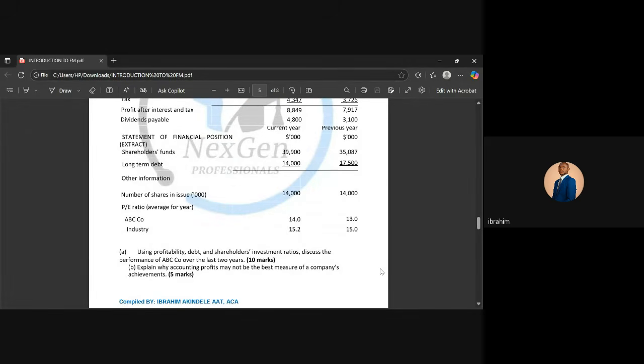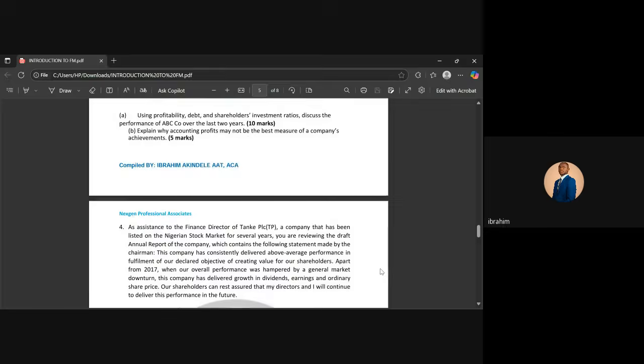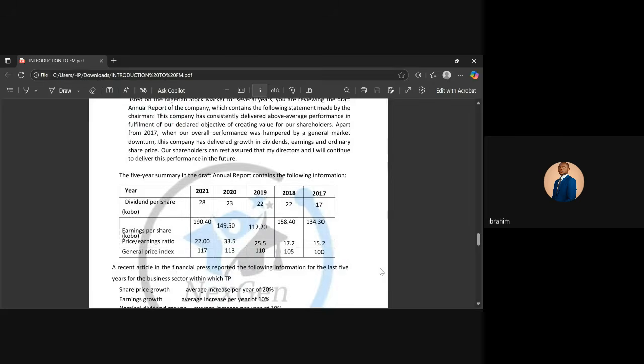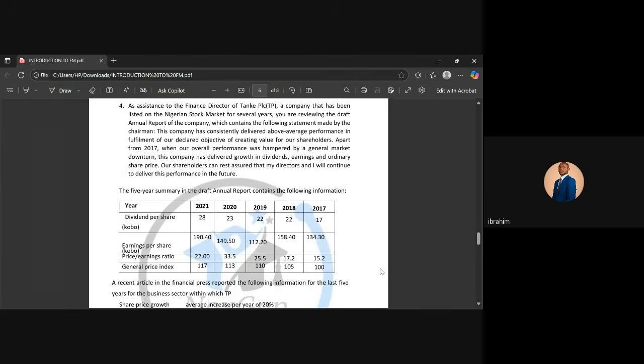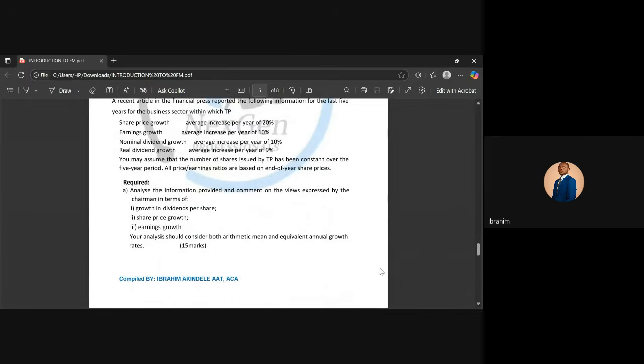So then shareholders investment ratio, right? So class, distinguished professional colleagues, my sincere apologies once again, right? So now our next class,